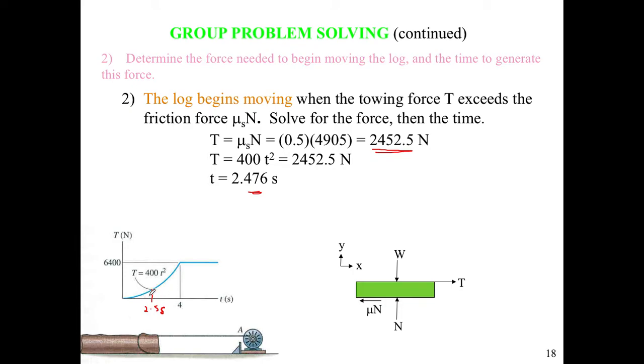Okay, until then it wasn't really moving, so the tension wasn't really doing any work if we take our previous concepts in consideration. After that it starts to move, and then what I'm just going to do is directly apply the principle of impulse and momentum to see what its final velocity would be. Now the issue is, please remember that I'm trying to find the speed at 5 seconds,